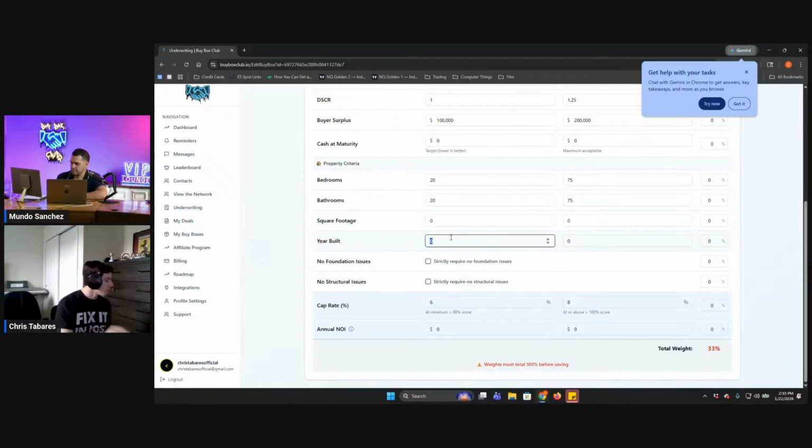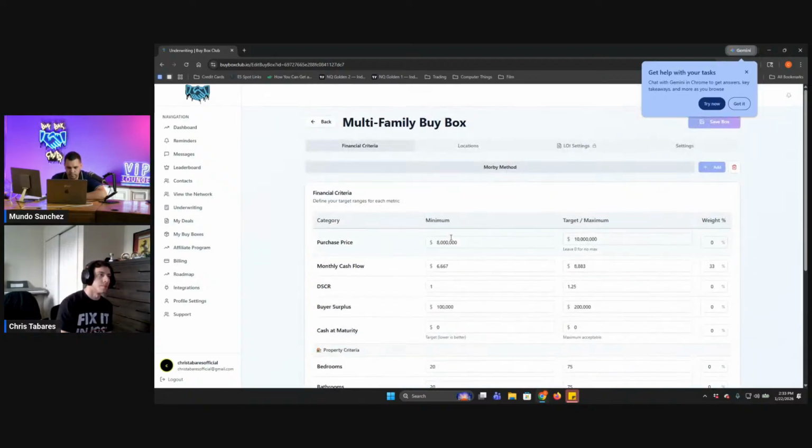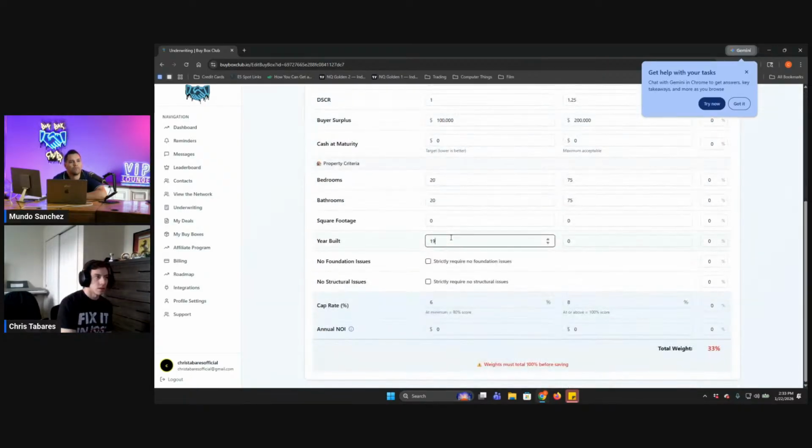Your build, he did give me this one. He said 1970 or newer. So that's the minimum, I'm guessing. Yeah, you can put 1970 as the minimum, and no maximum, so you can just leave that blank. He specifically asked for that. I'm going to give it another, I don't know, 30, 33 maybe. Probably a little much, but